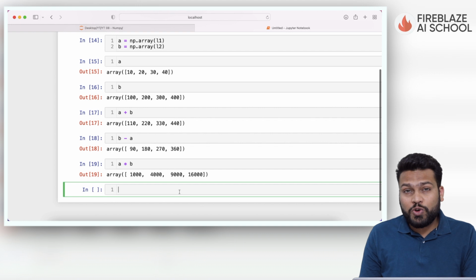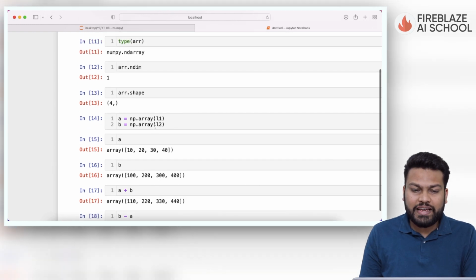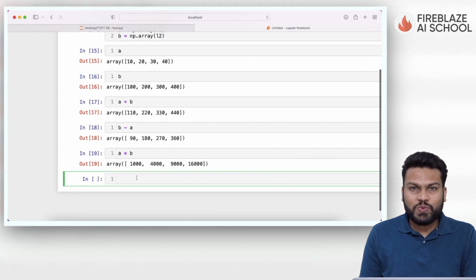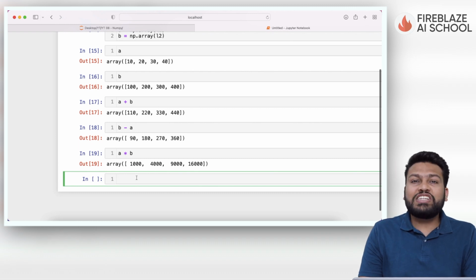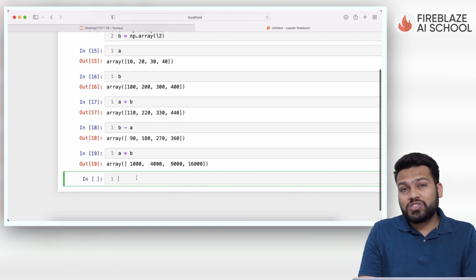So let me try to show you one two-dimensional array. So this is a 1D array, right? I can show you a 2D array as well. For a 2D array, we'll have to use some reshaping function, okay? And before that as well, I'll show you one very powerful function which is called